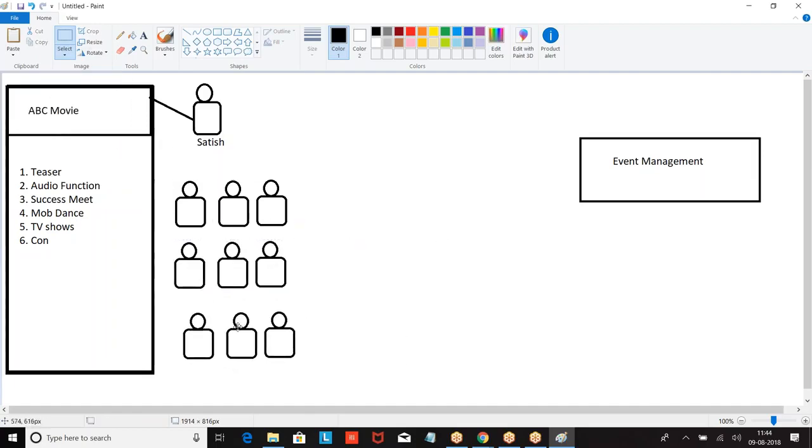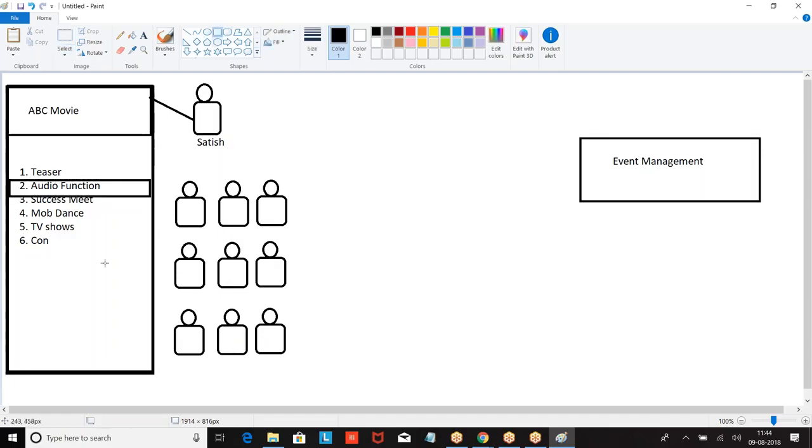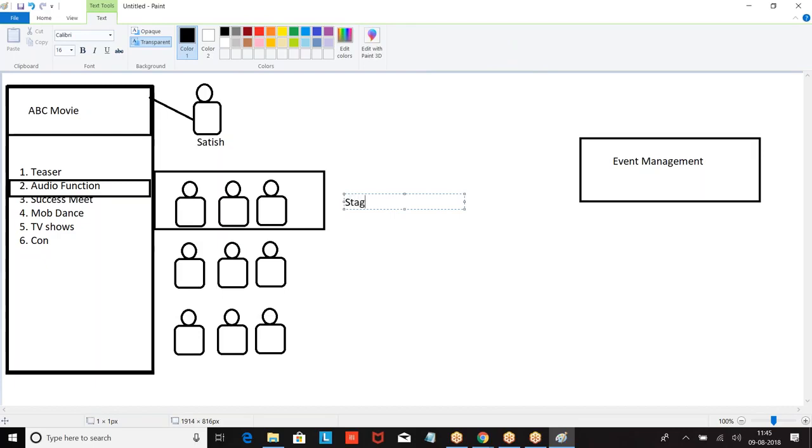So now, what is the opportunity? Now they gave me opportunity 1, some audio function. This is the opportunity, this is the business the company gave me. Now for this company, these are the events I am going to perform. For these events I told, boss, stage decorations, this theme you have to take care.